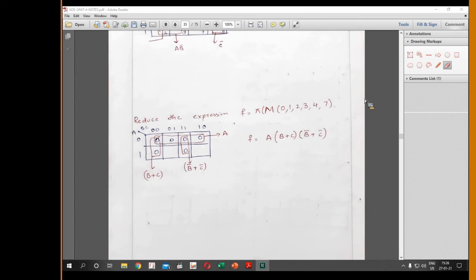Right. So reducing your expression using the K-map method of a standard POS function. In a standard POS function, they have given the maxterms M0, M1, M2, 3, 4, 7. So the total number of max terms available here is 6. Now let me map your max terms, which are sum terms whose functional values are zeros. So M0, M1, M2, M3. Thereafter we have M4 and M7.